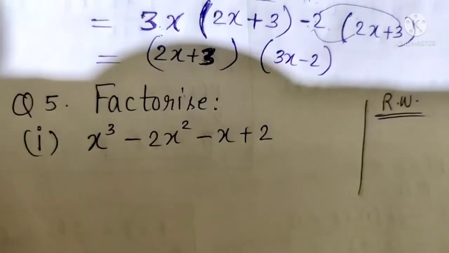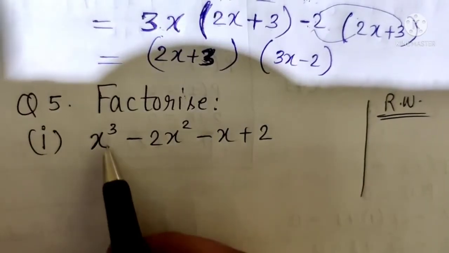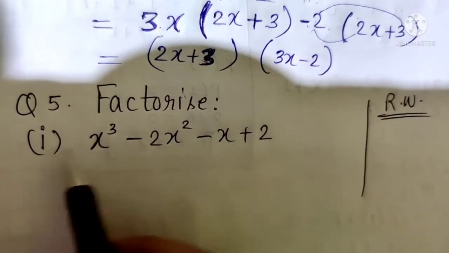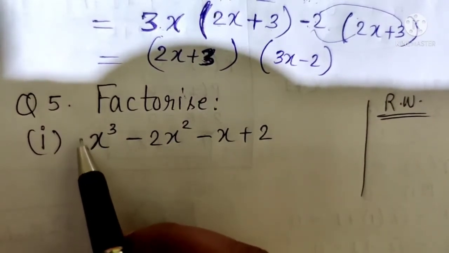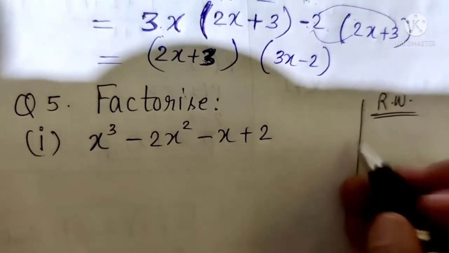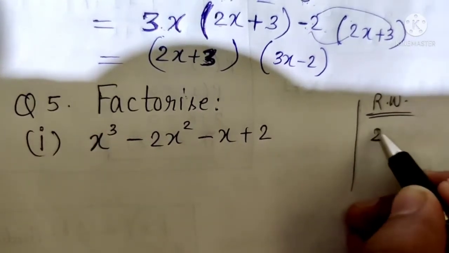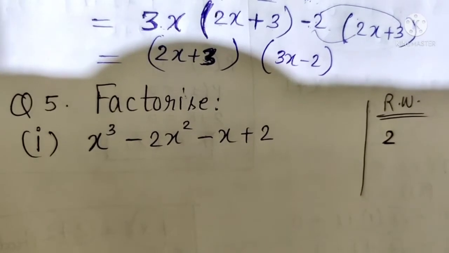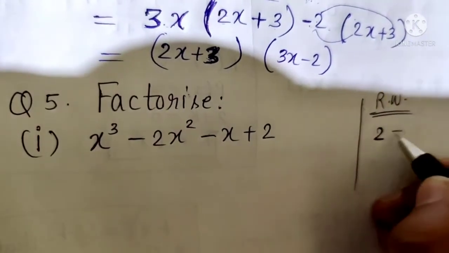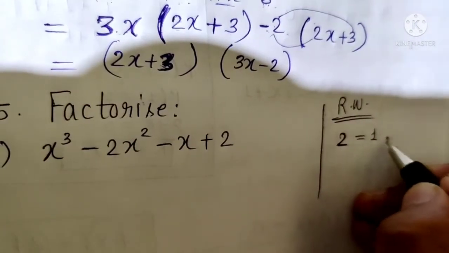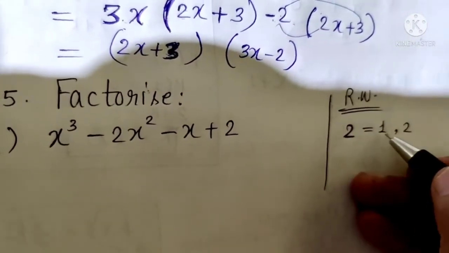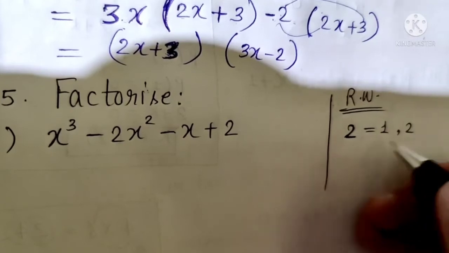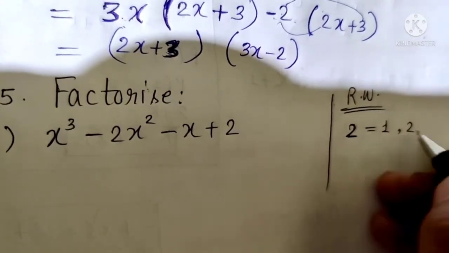Let's do it. So as you can see here, x cube minus 2x square minus x plus 2, we are doing the first part. Here nothing is there before x cube, so we can assume 1. So 1 into 2 will come 2 only. Now what are the factors of 2? 2 is a prime number, so the factors of 2 are only 1 and 2. In which table does 2 come? One table only, and in the 2 table itself, because 2 is a prime number.